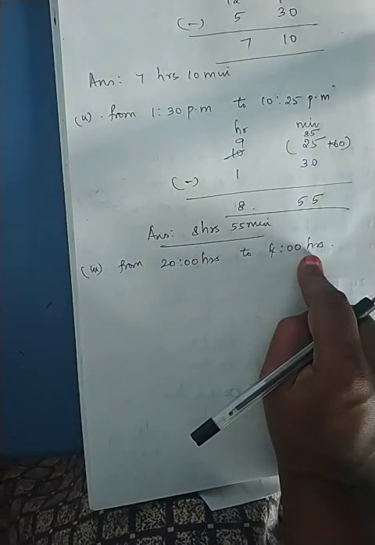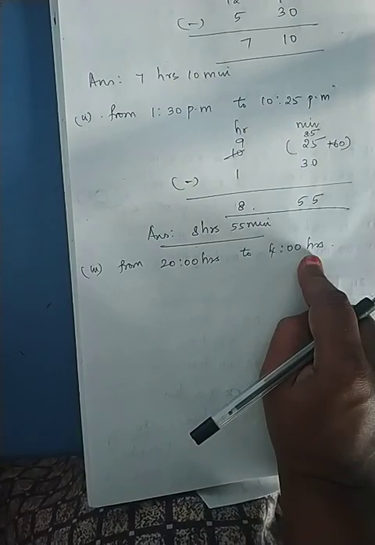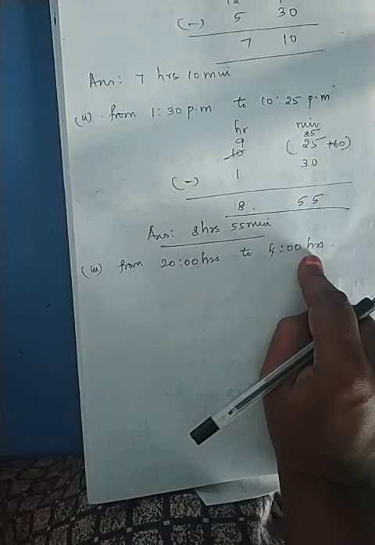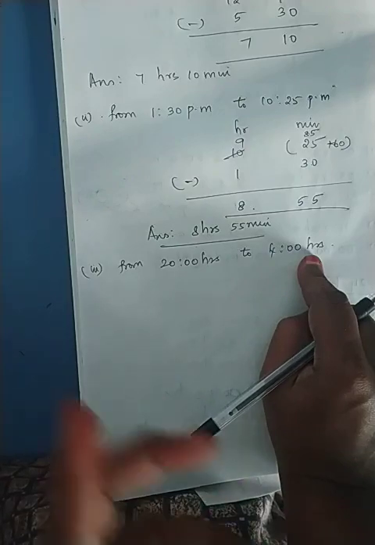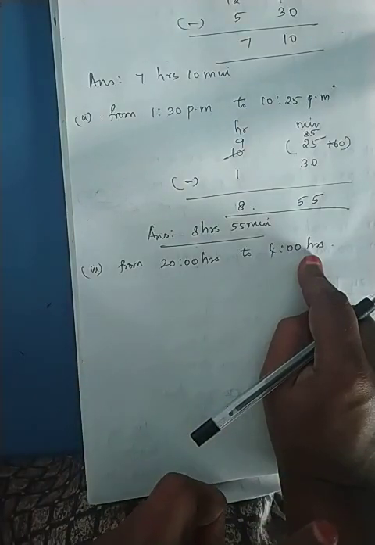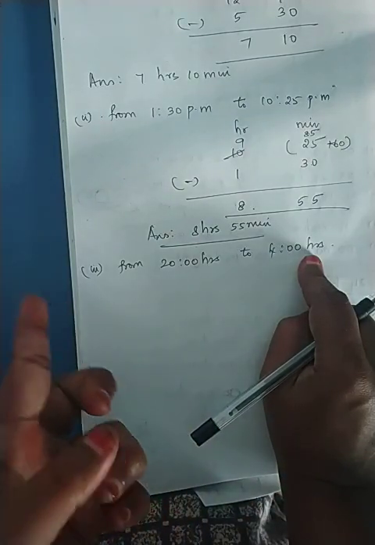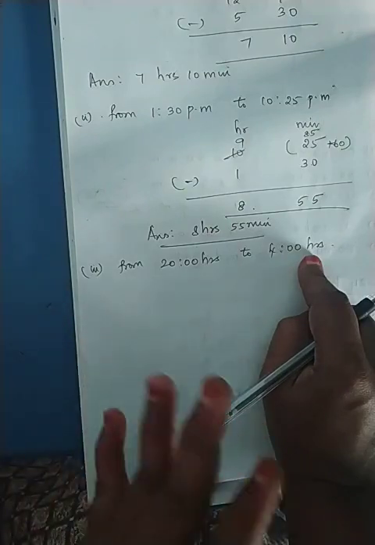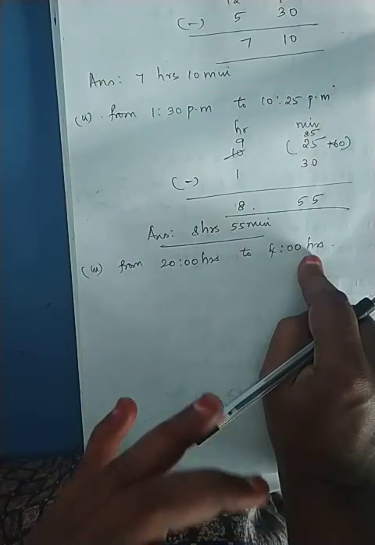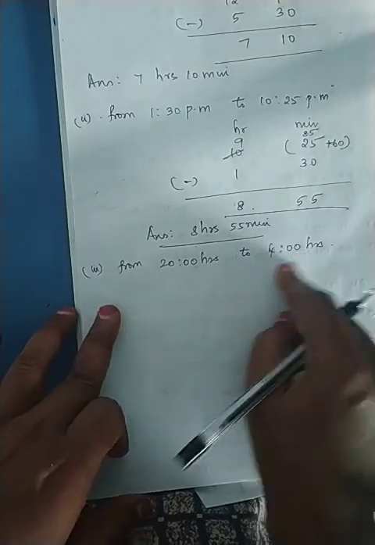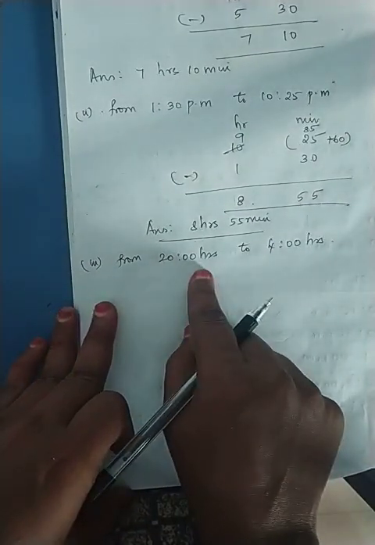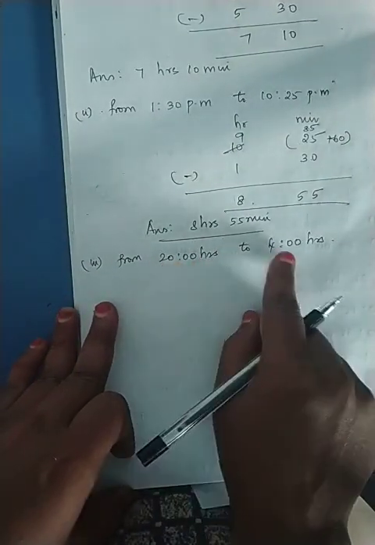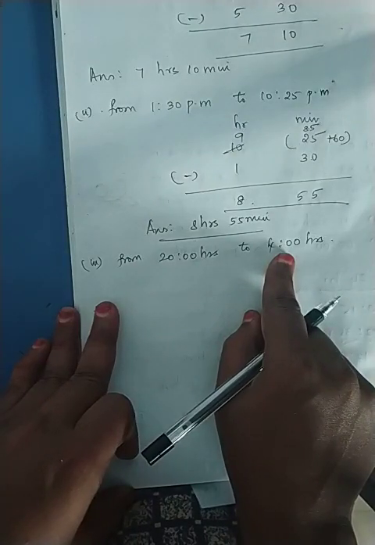So I can simply calculate and say, how many hours from night 8 to morning 4? So that is 4, and from here 8 to 12, 4. So 4 plus 4, 8. So rough calculations will give me 8 hours. How will I subtract? See, if I subtract 20 minus 4, it will give 16 hours.